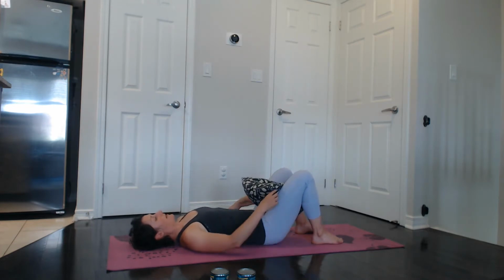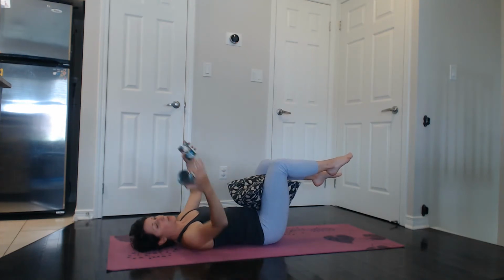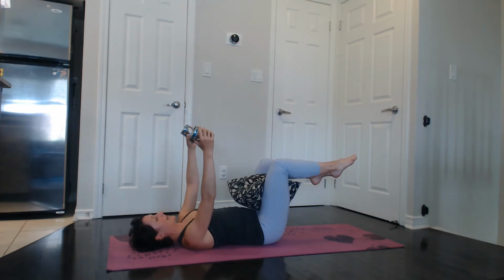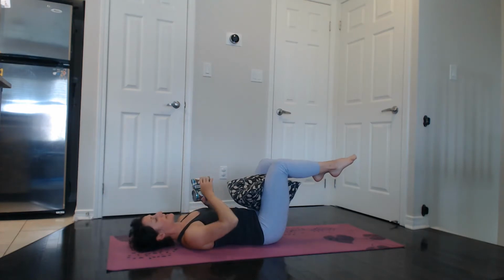Excellent. From here, you're going to keep the pillow between the inner thighs. You're going to lift both legs into tabletop. Perfect. You're going to find your hand weights. Okay. So hand weights or the cans of coconut milk. Arm bones sink down into the socket. You're going to squeeze the pillow ever so slightly with those inner thighs, but you're going to notice your pelvis